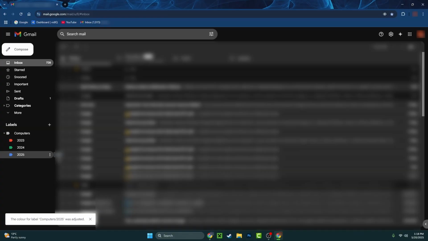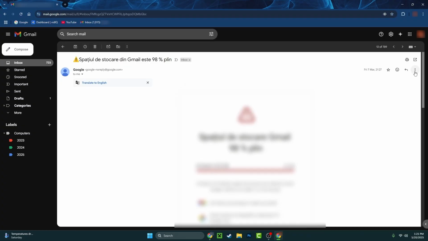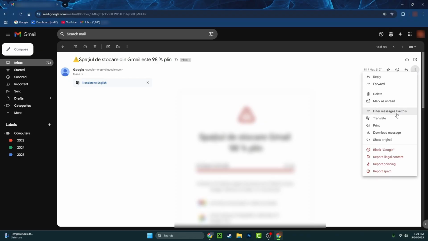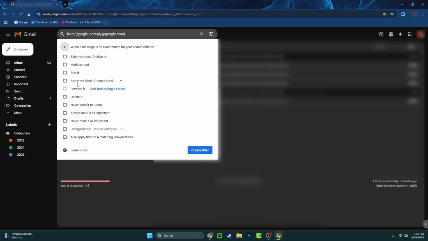In the case you already have an email received from them, let's try to find an email. Let's choose this one from Google and you'll find here 3 dots. Let's press on those dots and we'll find filter messages like this. Let's press on this one and this is the sender email address which sent me that email, and I will press on create filter. Now let's apply a label to this one and choose the label. We can choose computers to get into the main folder, or we can choose, I don't know, a subfolder